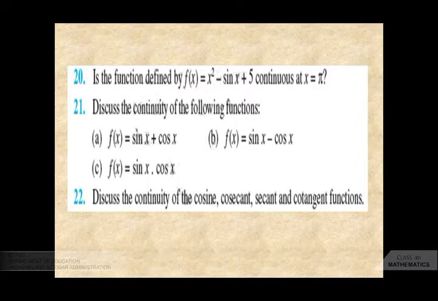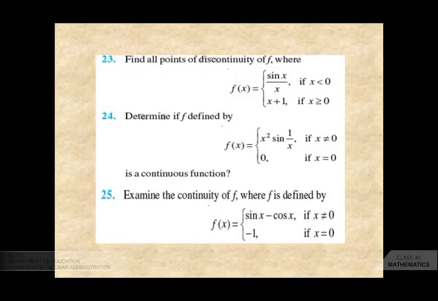Same thing, cosine, cosecant, secant and cotangent function का आपको discuss करना है continuity यहाँ पे. So what you will do, same thing, you will take the function cosine, but I will suggest you when you take cosine or cosecant or secant, apply H method here, that will be more easy. There is a question sine which is given in the exercise, आप उसको भी देख सकते हैं. So अगर आप H method से इसको solve करेंगे, it will be very easy and you will get the answer very nicely. ठीक है?